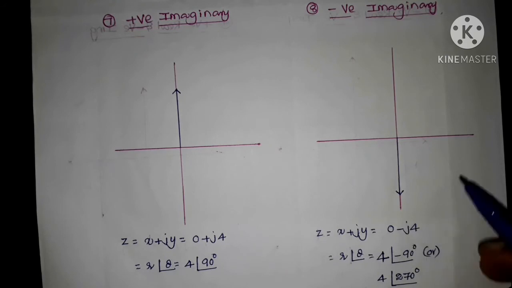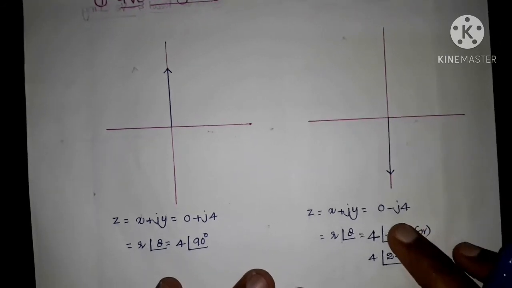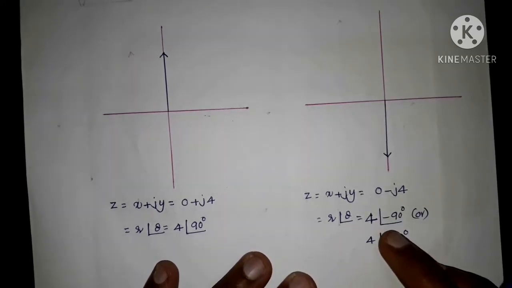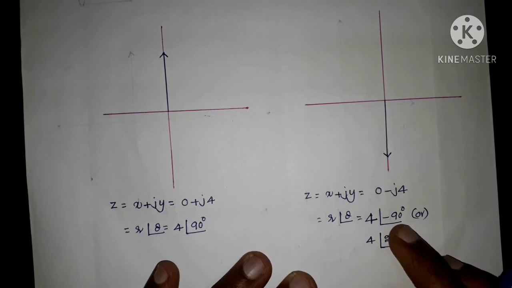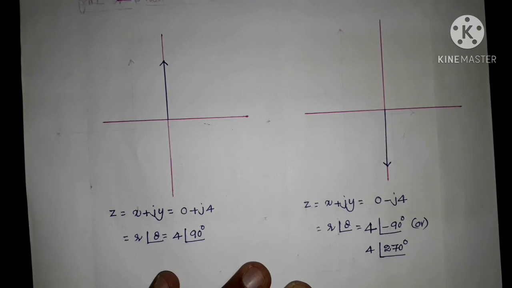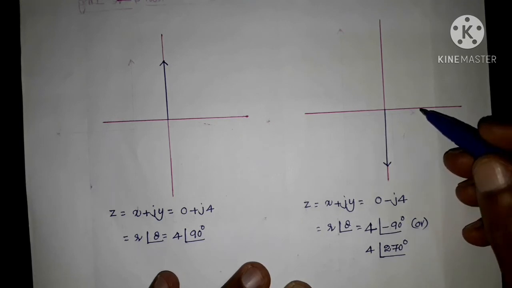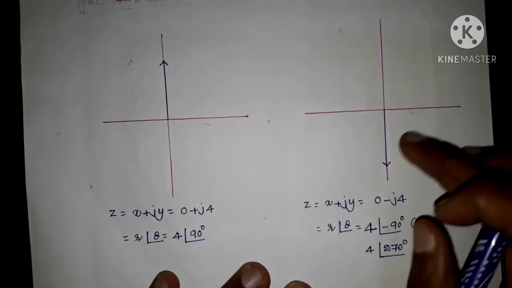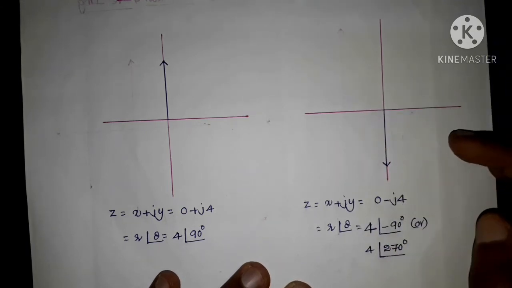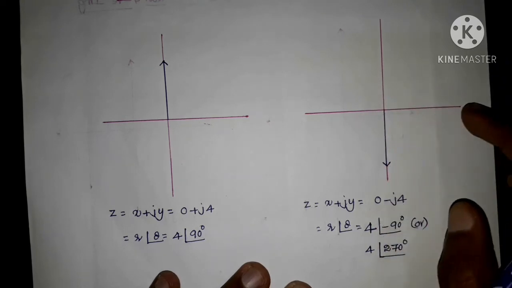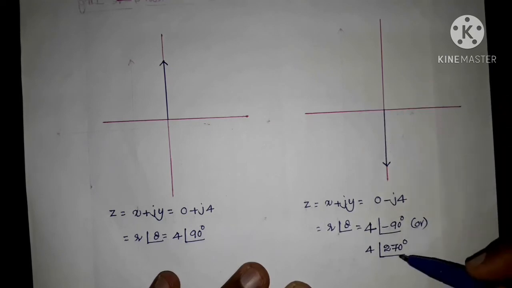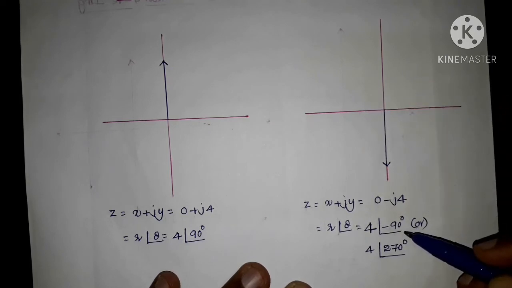So similarly, the last one, negative imaginary, which means here the vector is present on the negative imaginary axis. So the real term is 0 and the imaginary term is a negative value, 0 minus j4. If you find the resultant value r and theta, you get 4 at an angle of minus 90. So the resultant vector magnitude is 4 units and it is making an angle 90 degrees in the clockwise direction with the reference. Minus means clockwise direction. In the anti-clockwise direction, the same vector is making an angle 270 with the reference. In the anti-clockwise direction this angle is 270 and this angle is minus 90.